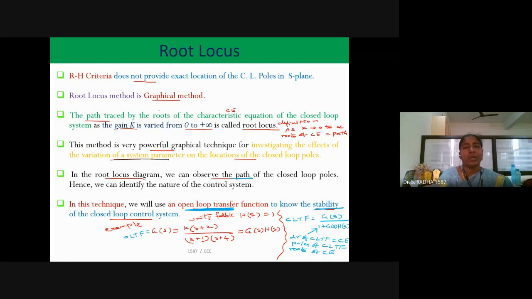Generally, you have two different types of root locus. One is k equal to 0 to infinite. On the other side, k equal to minus infinite to 0, that is inverse root locus. Forward direction root locus is when the k value varies from 0 to infinite. Inverse root locus means on the other side, 0 to minus infinite. But in our syllabus, we will deal only with k value 0 to infinite. This is very, very important. Based on that, we will analyze the root locus.